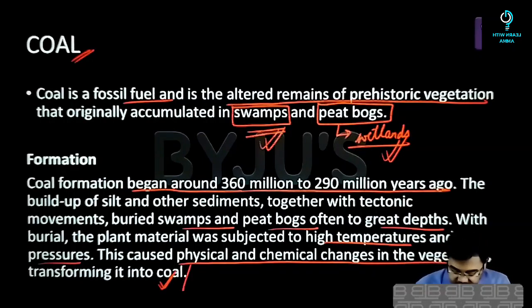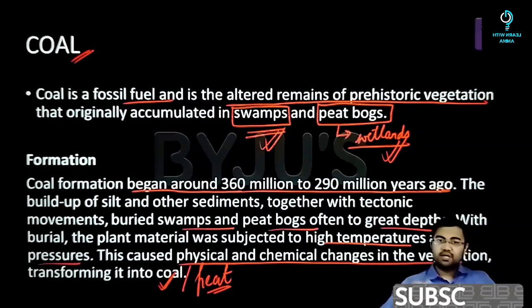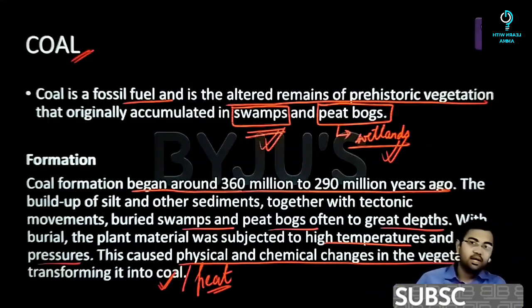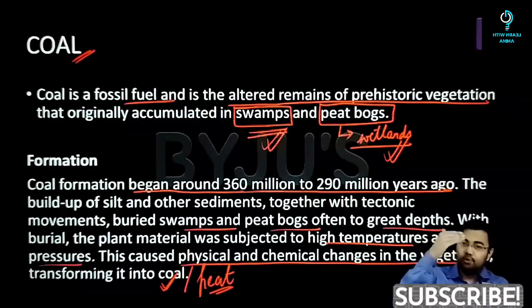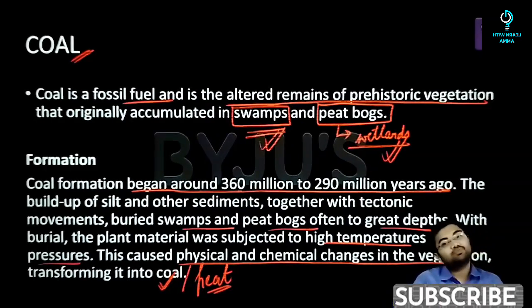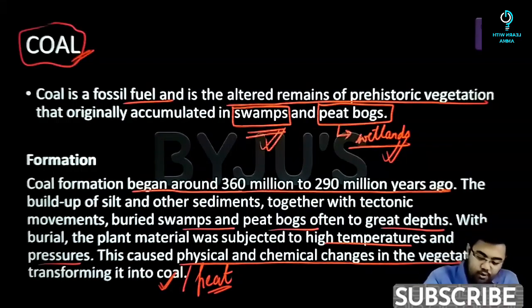So basically the first step of coal would have been something called peat. The entire process would have started 350 to 360 million years ago, and from there it would have started to go inside the earth, get buried under the surface of the earth, and with high temperature and high pressures over a period of time, all the vegetable sources, all the plant sources that you had, started to convert into a form of fossil fuel, and that is something that you call coal.